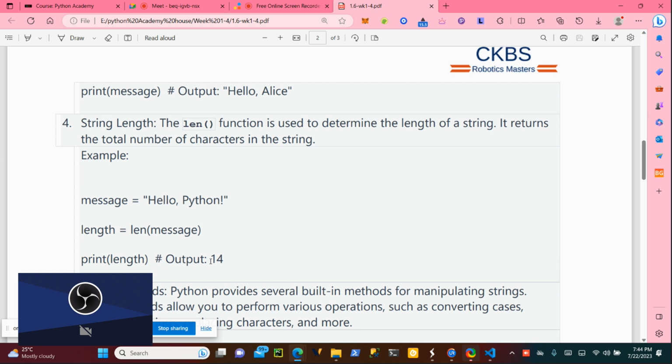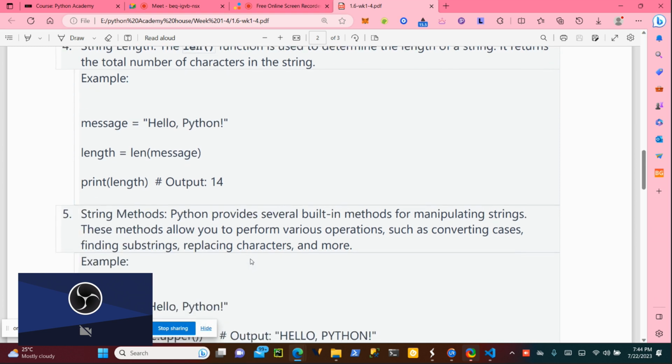So with the length function, to make it easy, I put the string in and it gives me the output 14, telling me that the individual characters in this string are 14. I hope you understand. Okay, so that is the length function.